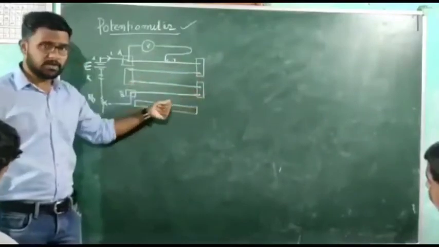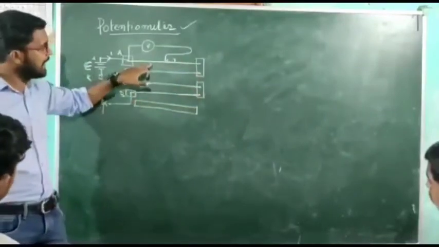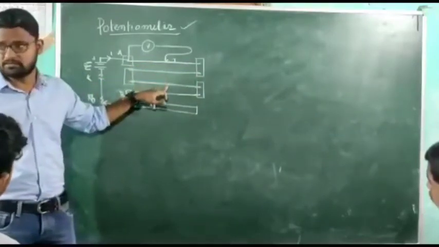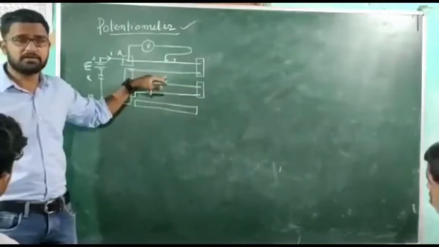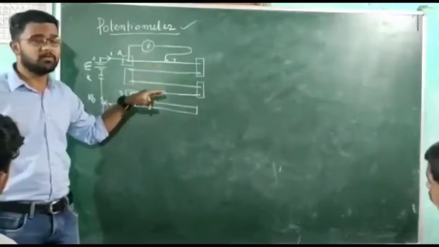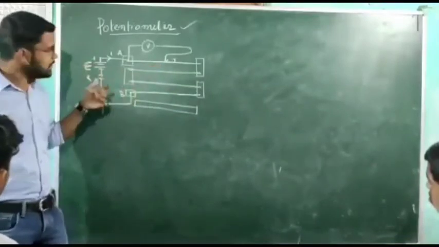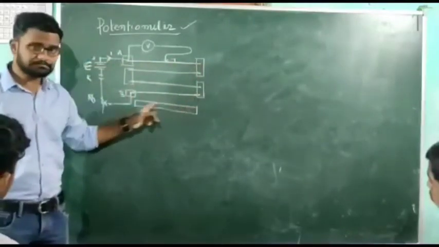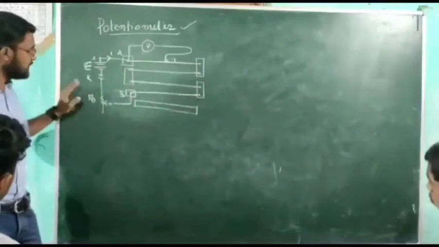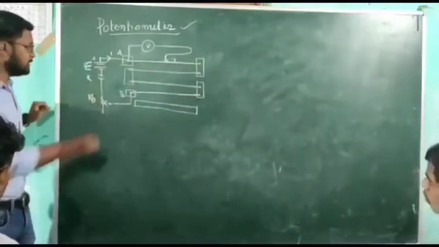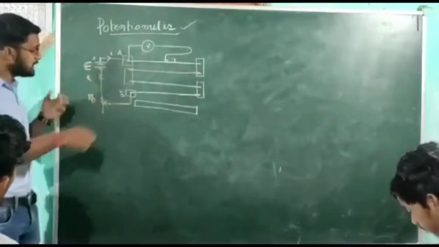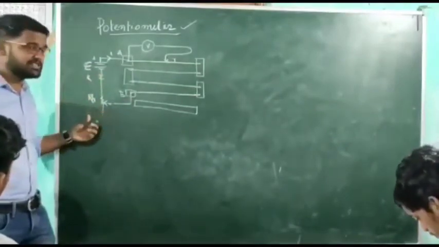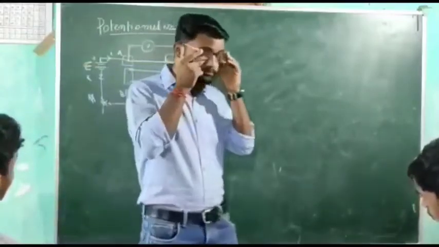these wires. And remember, the wire that I have taken is all of the same material and has the same cross section. The cross section of each wire is the same, and it is made up of one material only. So this EMF will maintain a constant current through these wires, understood? Then we have a key. By this key we can connect and disconnect the battery with this circuit. Then the rheostat is also known as what? Rheostat